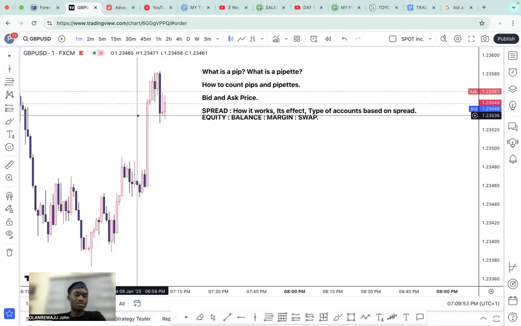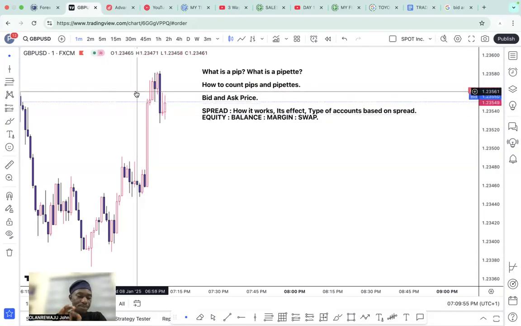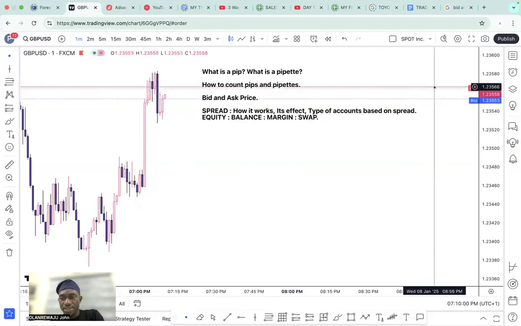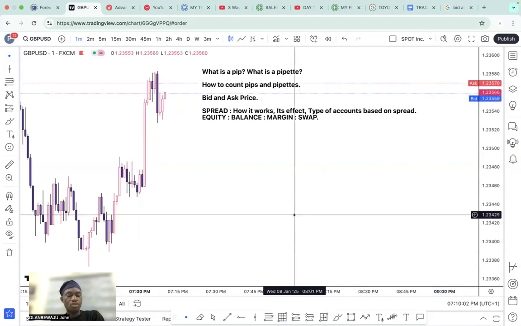So on the chart, it is represented as PIP. So when you want to buy, they will sell to you at this upper price, meaning that once you open a trade,